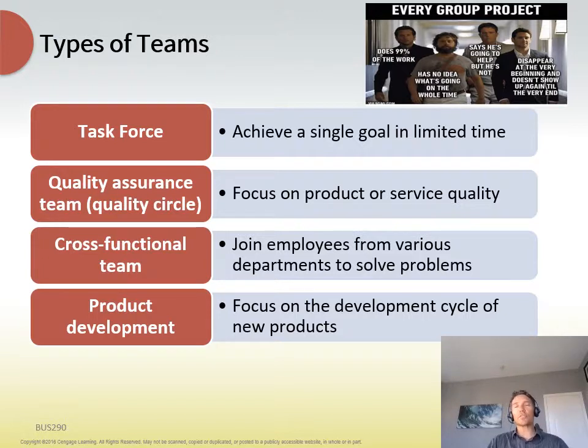So quality assurance teams, the second one down, are typically what we call a self-managed team. They tend to be a permanent team structure, and they're a self-managed team that is long-standing. So you have to kind of ask yourself, what type of teams do I like to sit on? Do I like being with people long-term or more short-term, i.e. a task force setup? In later lectures, further down in the course, we'll talk about different organizational structures like matrix organizations and some other nuances of different teams within a business.